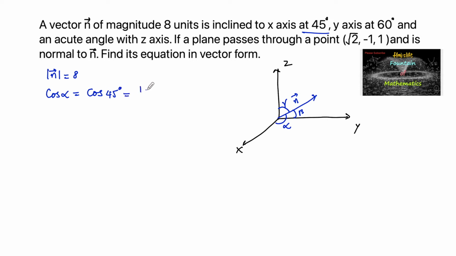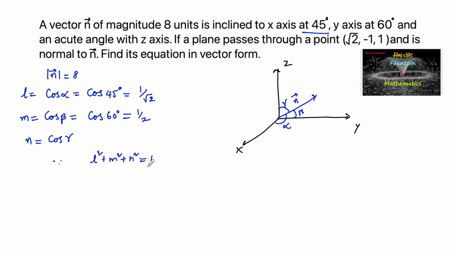With respect to the y-axis it is given 60 degrees, so cos beta is equal to, this is L the direction cosine, this is M, which is equal to cos 60 degrees, which is 1 by 2. Let gamma be the angle, so N is equal to cos gamma. Since we know the relation between the direction cosines, L square plus M square plus N square is equal to 1, we can write 1 by root 2 whole square plus 1 by 2 whole square plus